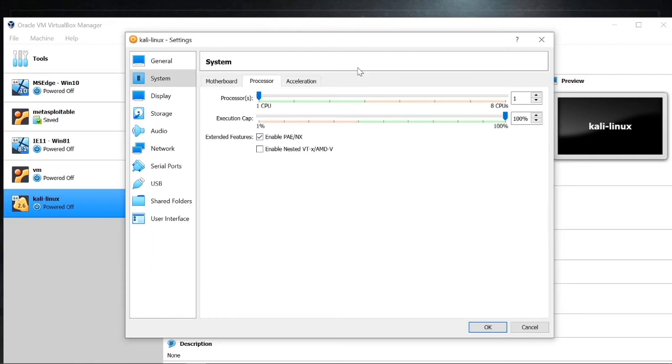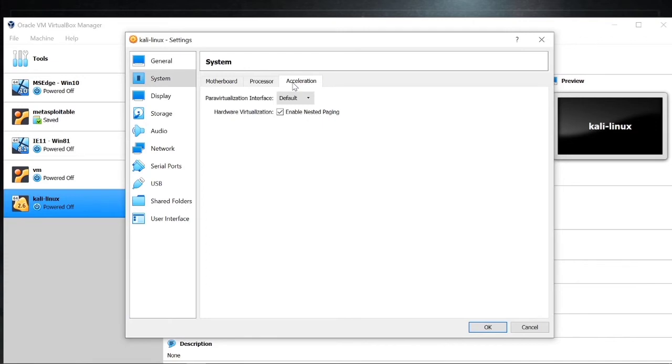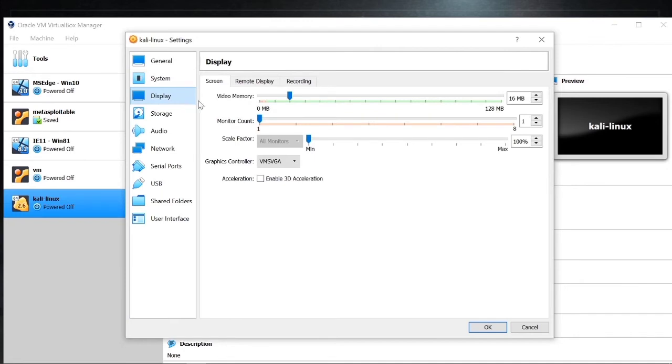Now basically this is going to use the processor's physical address extension and communicate with the processor directly to increase the speed of the virtual machine. So make sure that is checked, and you can select how many cores you want to allocate to the virtual machine. I usually leave it at 1 because I want to keep my own cores available. My computer is about 3.2 GHz, and that is perfectly normal to support Kali Linux.